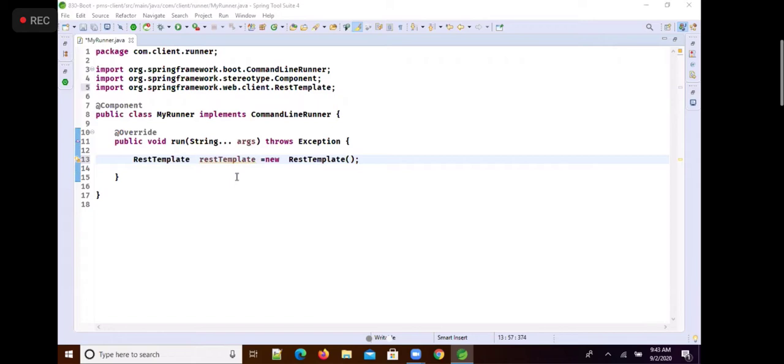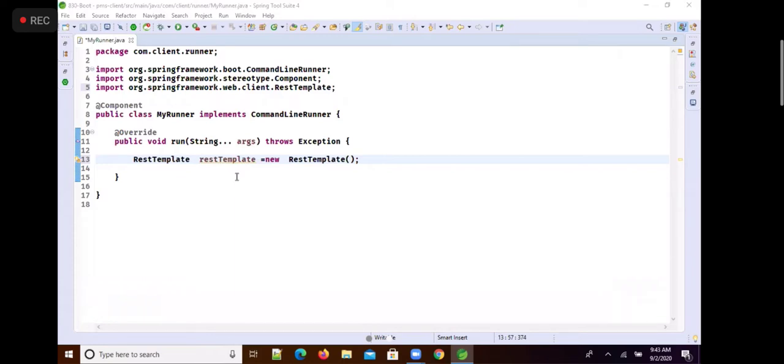I will tell you what parameters are there. The first parameter is going to be URL.